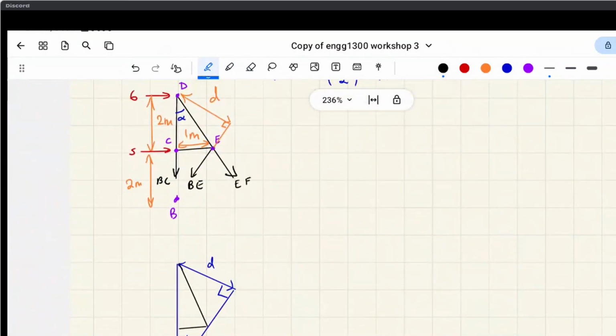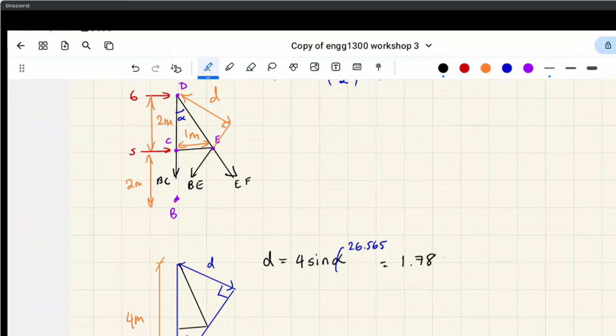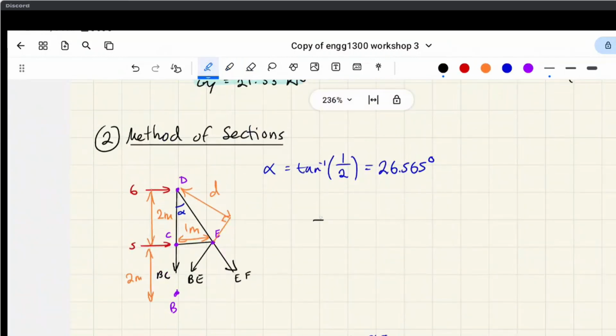And we know that this distance here, do an orange, is 4 meters, right? And so we can actually derive an expression for D: it's the hypotenuse sine alpha, which was 26.565, which is 1.789 meters, right? Yep. So now it's actually quite easy. So we just take the moments about D,